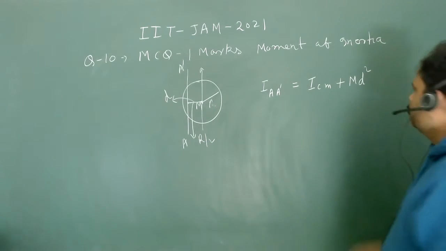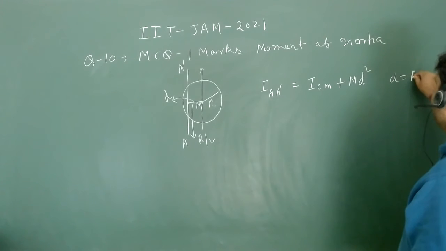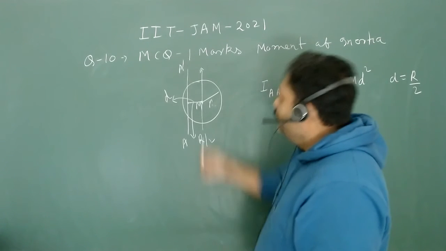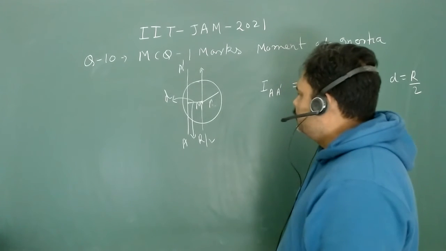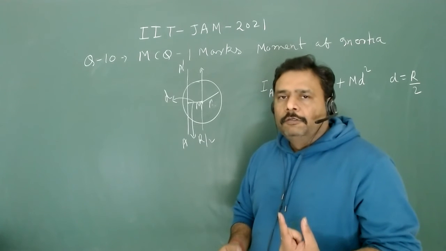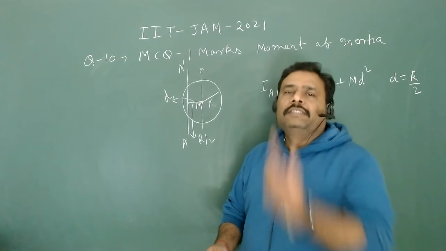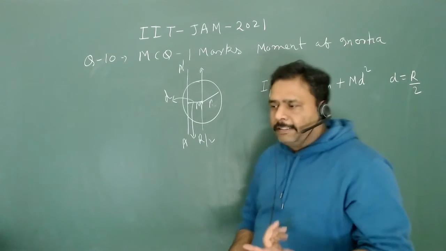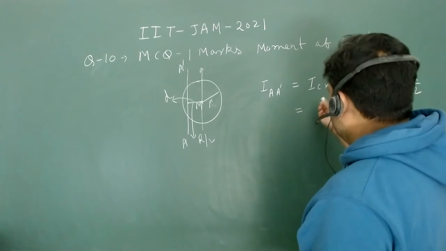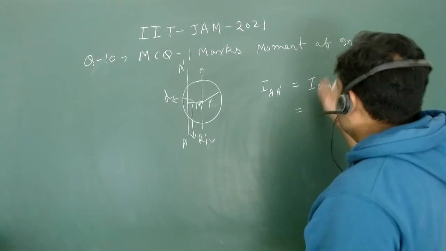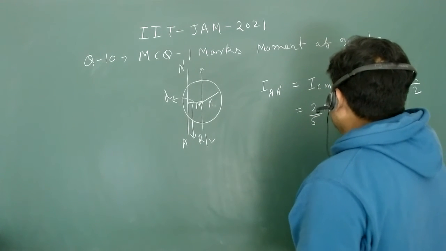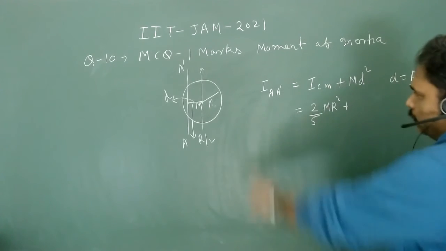So in this problem, d is given as r by 2, and we know the moment of inertia about any axis which is passing through the center of mass of the sphere, because the sphere is a completely symmetric system. So I can choose, for my convenience, to take the moment of inertia about the z axis, which is well known, that the moment of inertia of a solid sphere is nothing but 2 by 5 m r square, where m is the mass of this particular solid sphere.